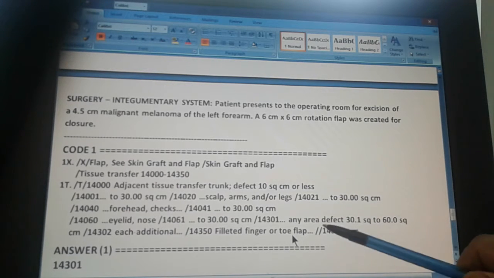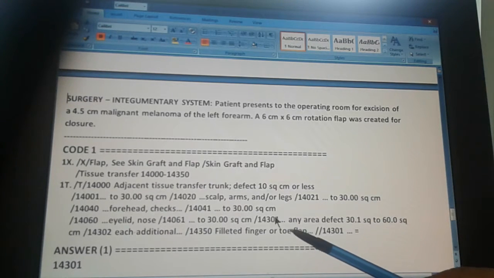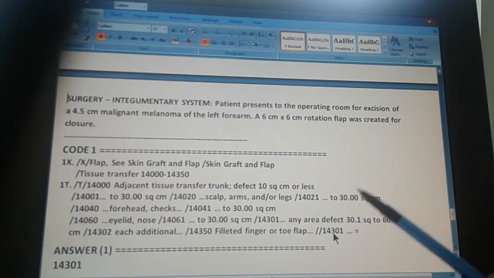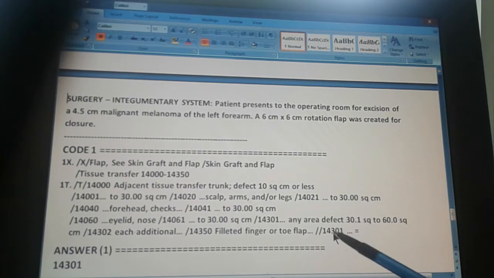So we're going back to the one that most resembles our text, right? Yes. This double forward slash means go back to 14,301, right? Right. And that is any area. The skin is an area, so any area, or the forearm, right? The forearm is any area, and the size is 30.1 to 60, which ours is 36. So this is the one that we need, 14,301. That's why there's an equal sign at the end, and the answer is